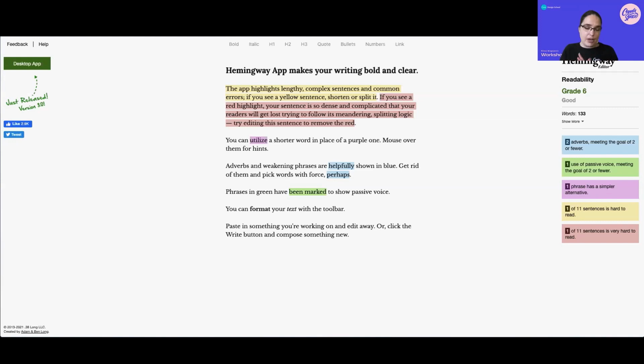I am going to do that now again with you, with text that I have grabbed about baked goods from Wikipedia, because baking is the topic of today. So this is some fabulous historical text. I'm already on Hemingway. This is just the default page when you open it up. If you hover over things, it'll tell you, but they're also color coded, so I can see the summary on the right-hand side. But I'm just going to remove all of that text,